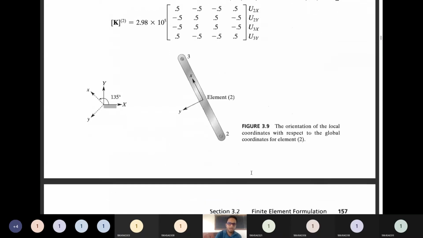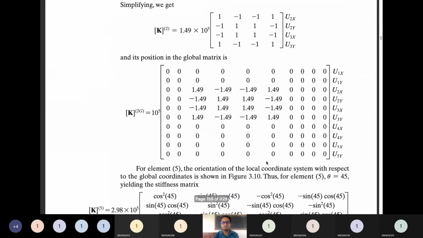Now you have to find out in your global stiffness matrix where is that position. Where is that position? So u2x, u2y, u3x, u3y. Similarly, from this side also you can write u2x, u2y, u3x, u3y. And you have to cross check what are those intersecting points, and then you have to write these values. Is that clear to you? Just one student asked me about this global stiffness matrix. Now tell me whether it is clear to you.